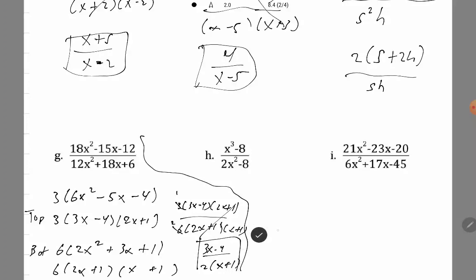Alright. X cubed minus 8. So that one is a difference of cubes. So remember that is a minus b, x minus 2, where a is the cube root. So this is a cubed minus b cubed. There you go. So this is a minus b times a squared